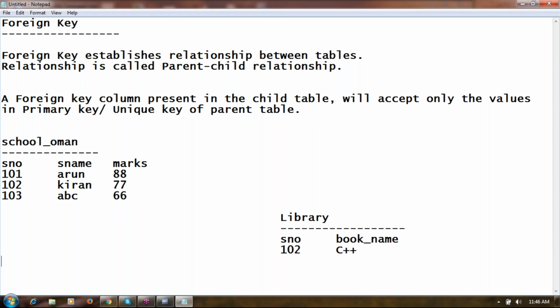If you look at this data, you can easily identify that 108 is an invalid value. Definitely 108 is an invalid value. Now why is 108 an invalid value? Because there is no student with the number 108, isn't it? Now how can he borrow a book? So this is a data entry mistake. Instead of inserting 101 or 102 or 103, by mistake the librarian has entered 108. According to the data type and size, it is valid.